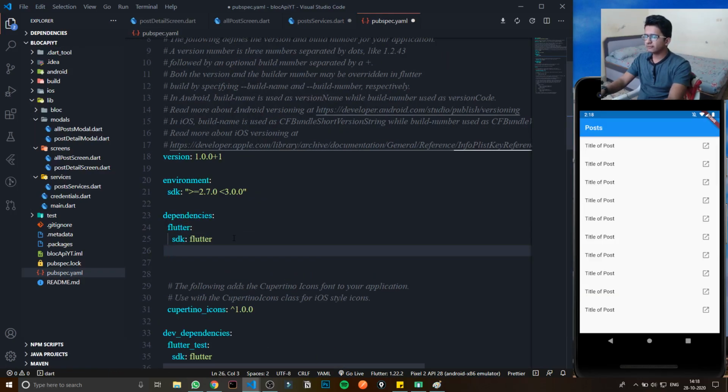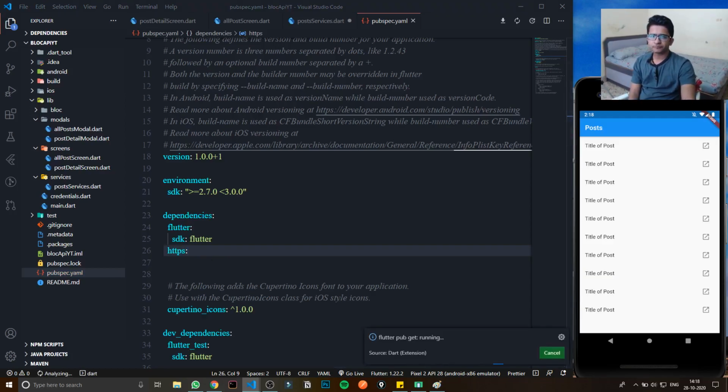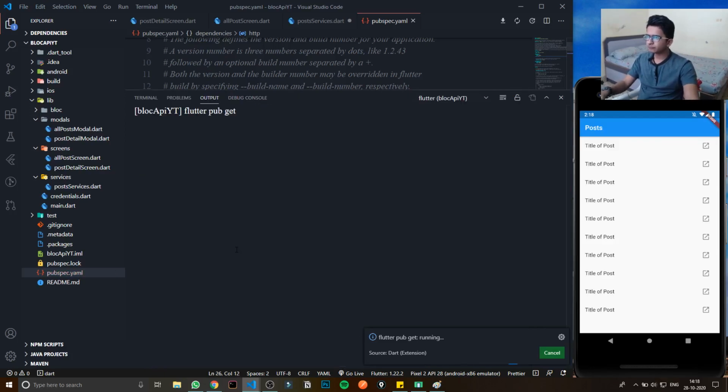Here I have to add one package, which is HTTP. Oh, HTTP only, it should not be HTTPS. And here I can say any.